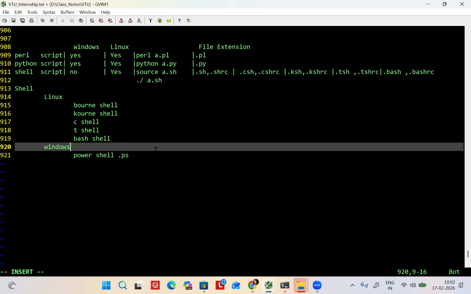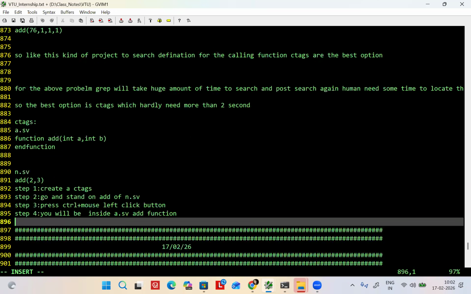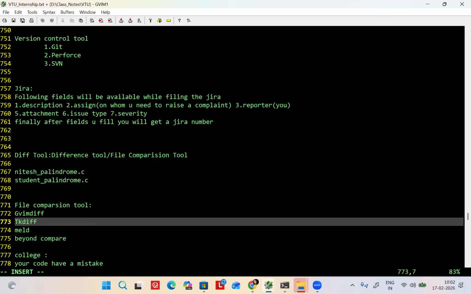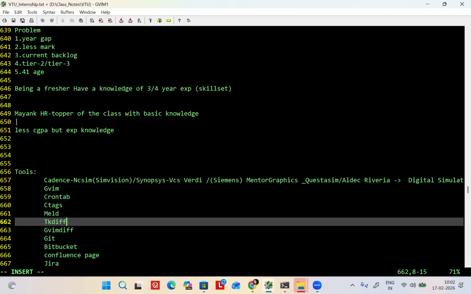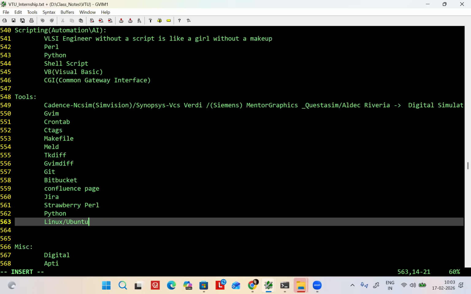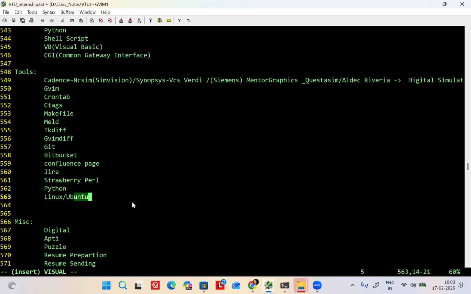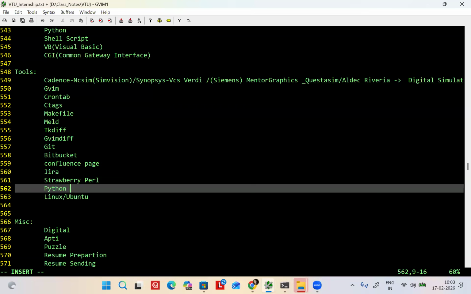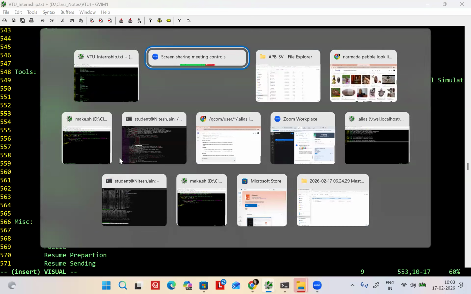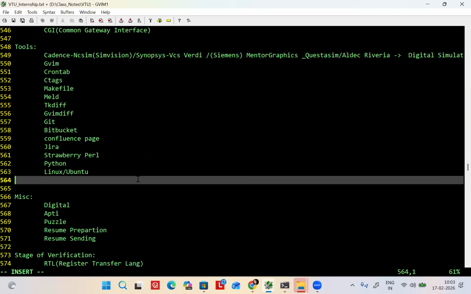All the scripting I have explained to you. See, normally, if you see here, I have completed every topic from here. Linux and Ubuntu is a platform, you know, right? Normally, makefile. What does a makefile mean? Here I'll tell you.